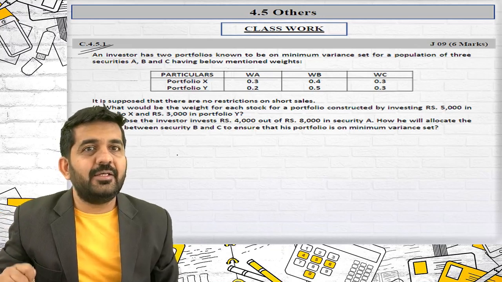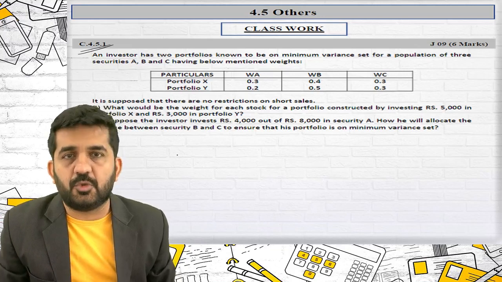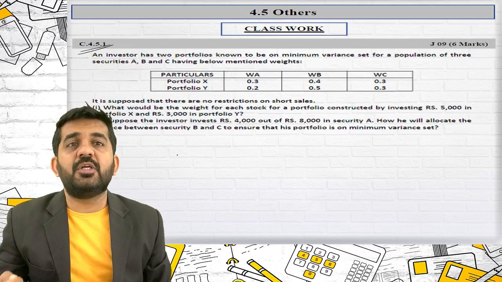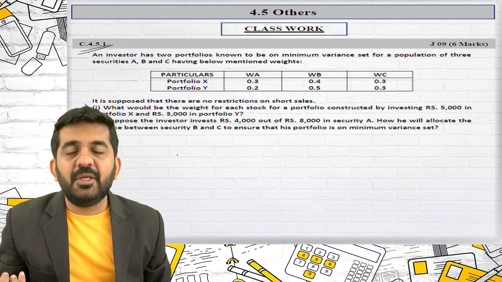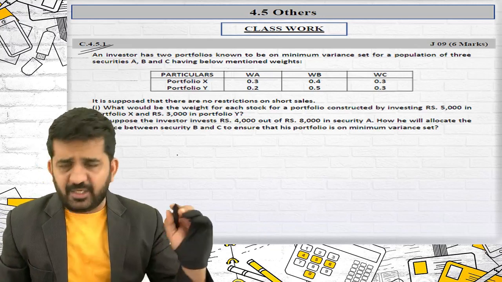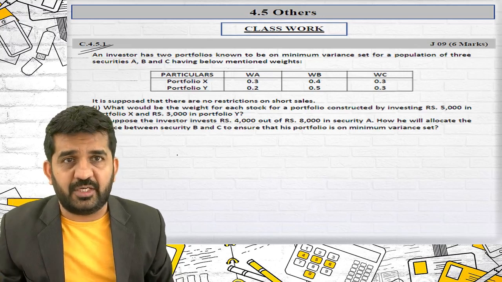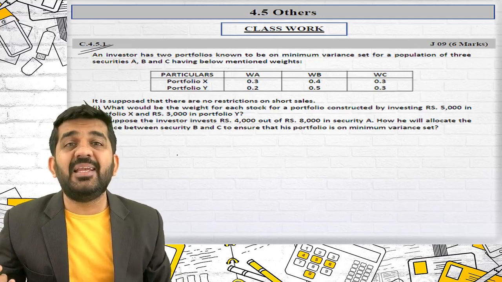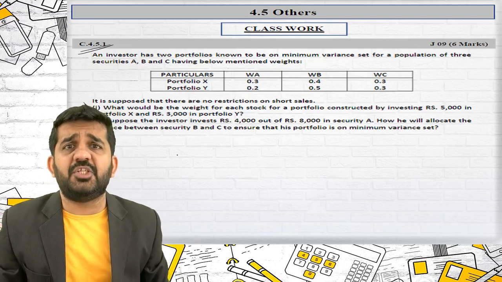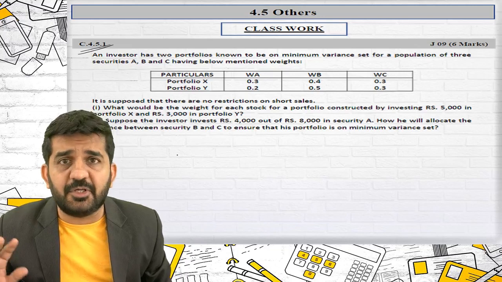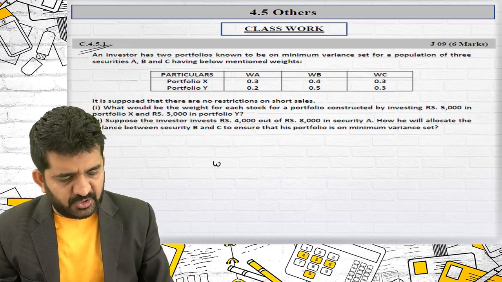We have already learned the Markowitz frontier. That should be basic knowledge for solving this particular question. Also, we have understood what is minimum risk portfolio. If you have forgotten, let me just revise the formula. If there are two securities and we want a minimum risk portfolio, the combination which will be giving minimum risk, then I need to find out the weight of